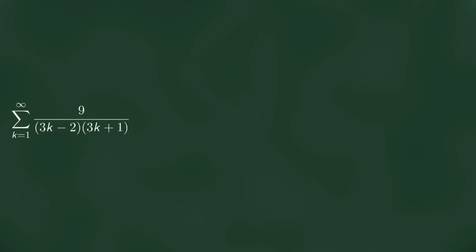All right, let's take a look at the sum from k equals 1 to infinity of 9 over 3k minus 2 times 3k plus 1. So looking at that, there's actually two ways we could handle this depending on what our goal is. If our goal is to just figure out if it converges or not, then one approach would be